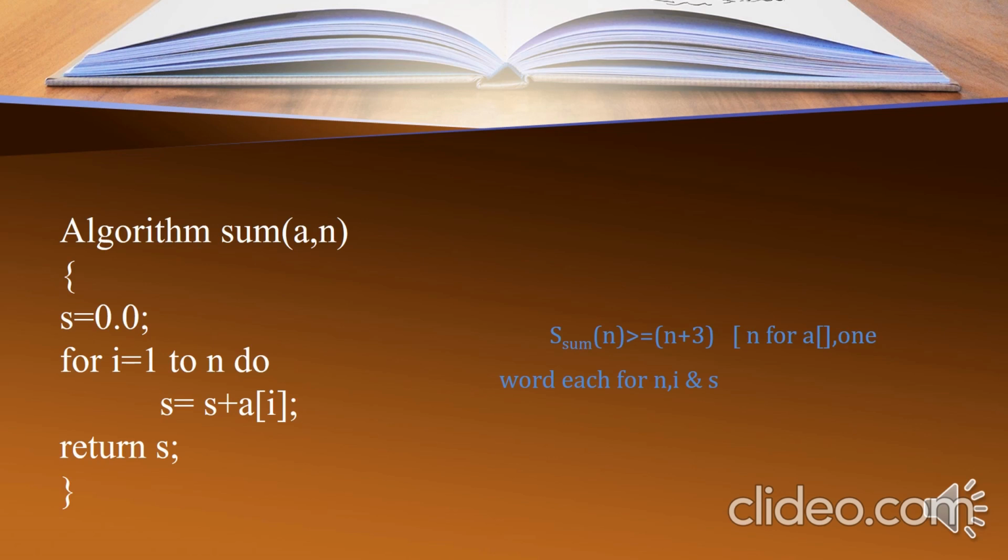So clearly, this algorithm is going to find the sum of A array elements, and now our aim is to find S of P, that is, the space complexity of a problem, is equal to C plus SP. SP is nothing but the instance characteristics. First, let's deal with the instance characteristics. Is there any variable which is dependent?